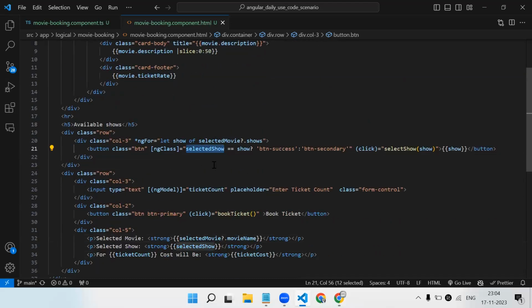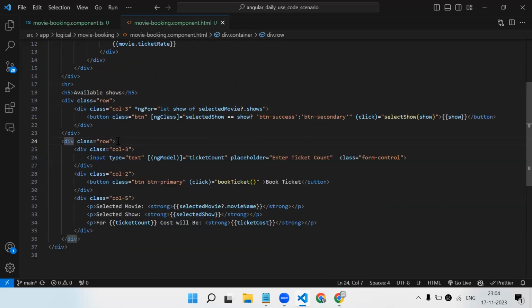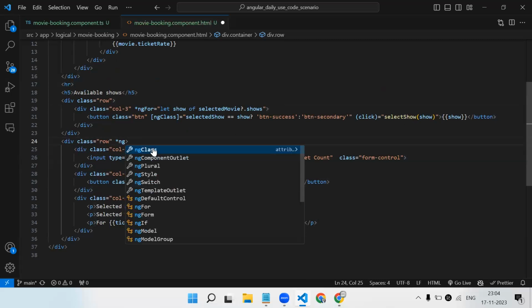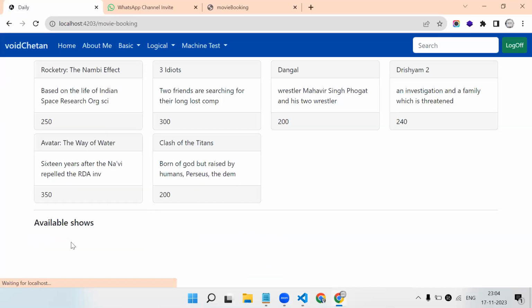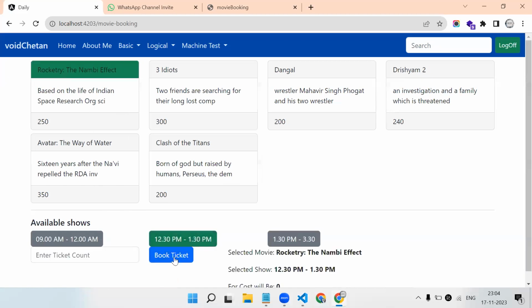So we know that when we select any show, that data we are going to store over here. So this whole thing, we can add it in the ngIf. And the condition will be if not equal to empty, because by default it is empty. So let's just save and check. So you can see by default I don't have it, but if I select any show, then we have that detail,